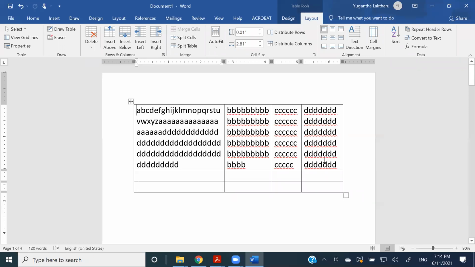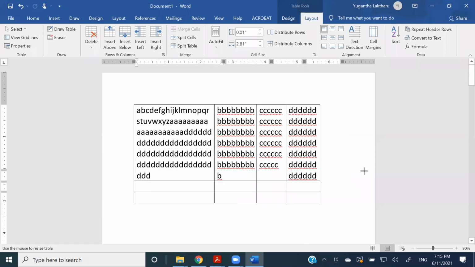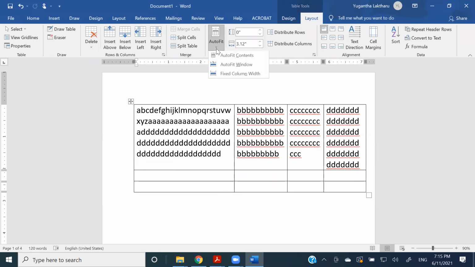Because this mode says, whatever happens, keep the table fit to window. So that means it will take the width of the Word page, the margins in this case, right? But auto fit to content will allow you to change the contents, right? Okay, and now the third one,